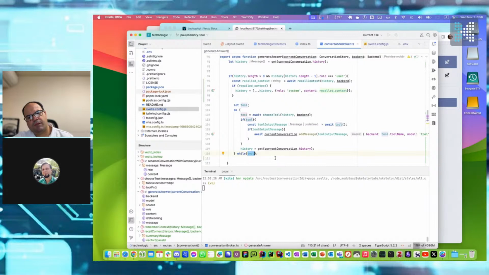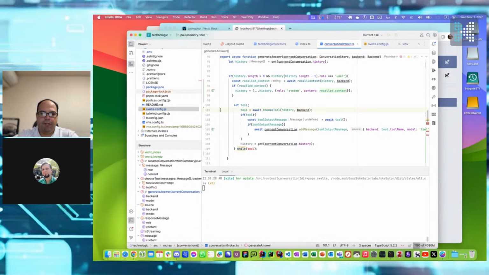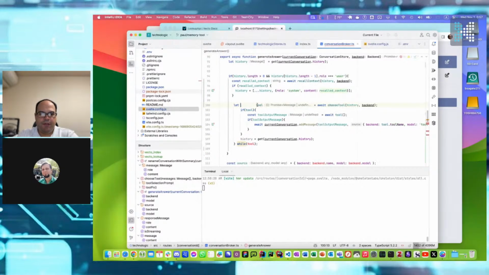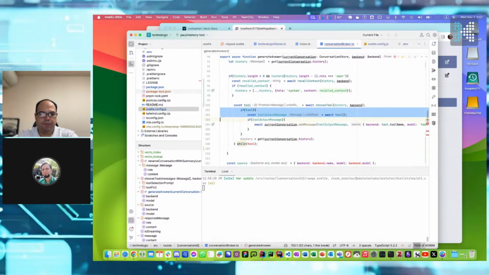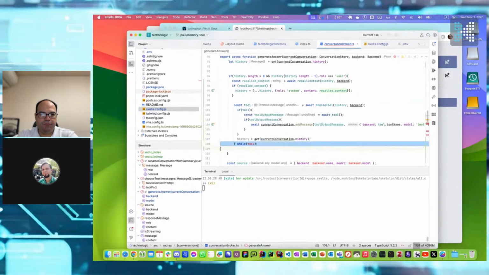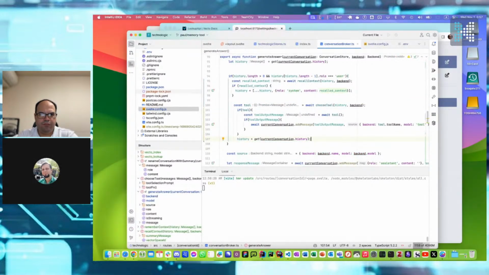It's probably easier anyway. Having it do multiple steps is not a terrible idea, right? But yeah, I'd just comment out the entire thing because otherwise it's messing with the history,